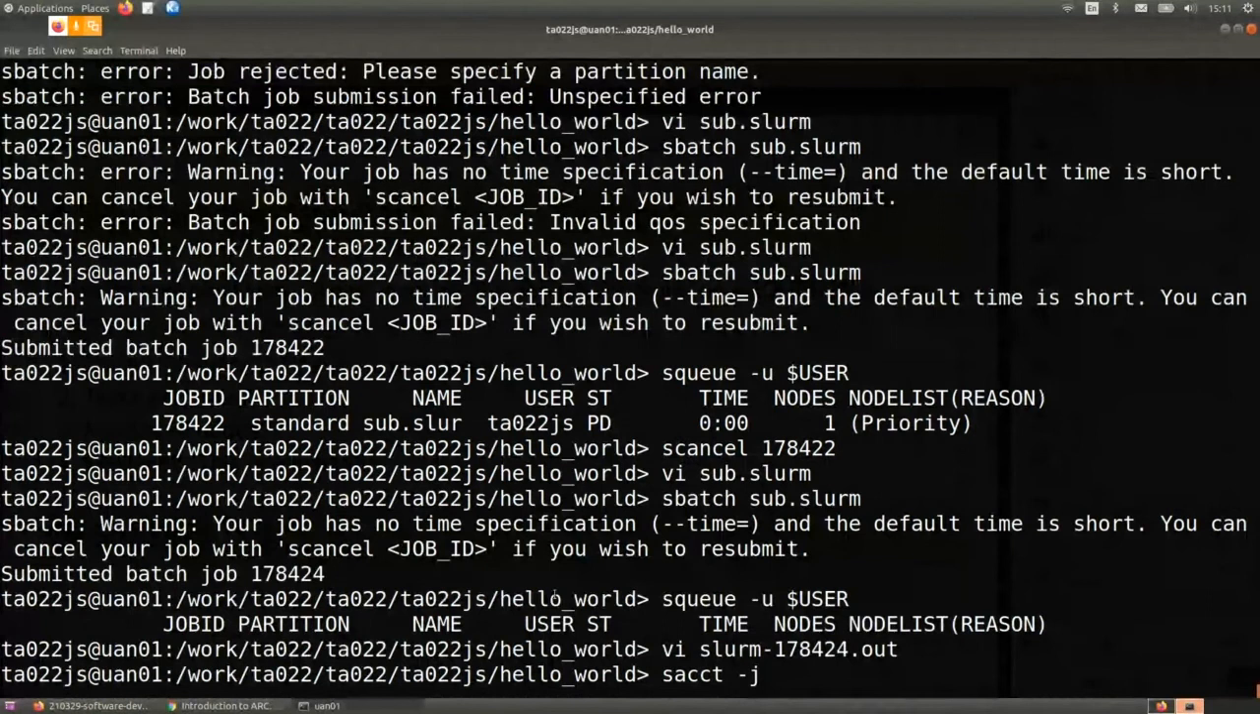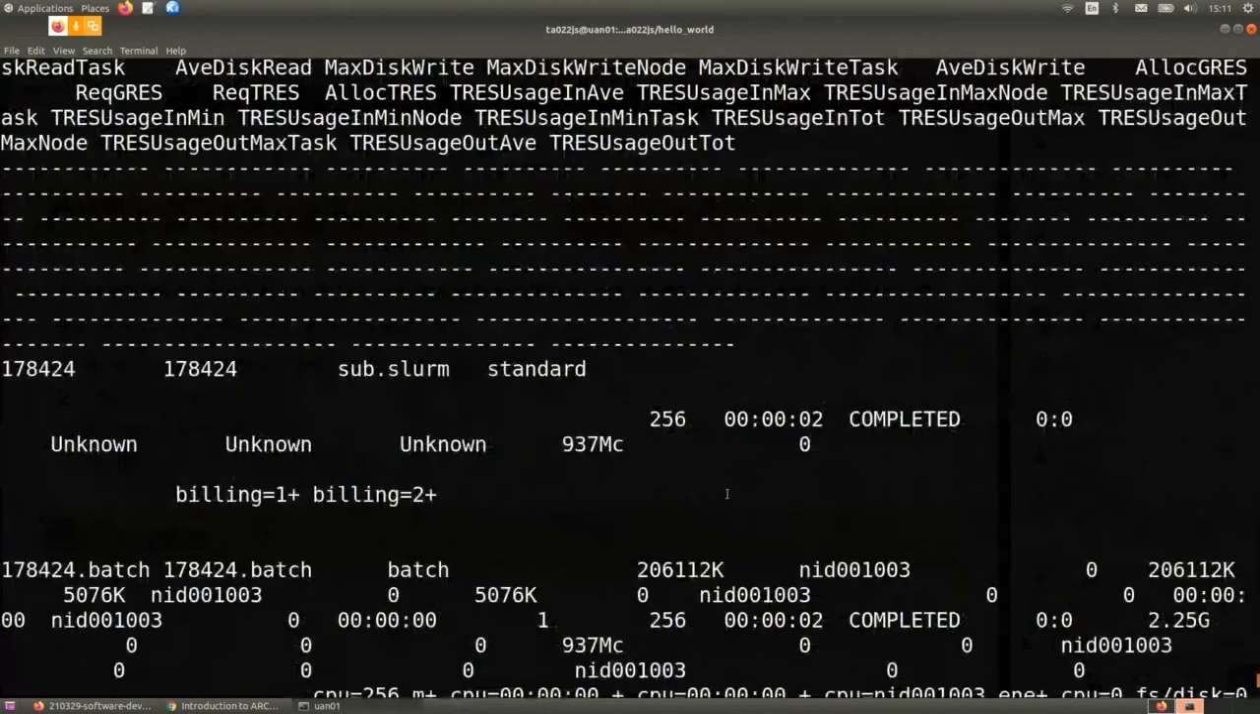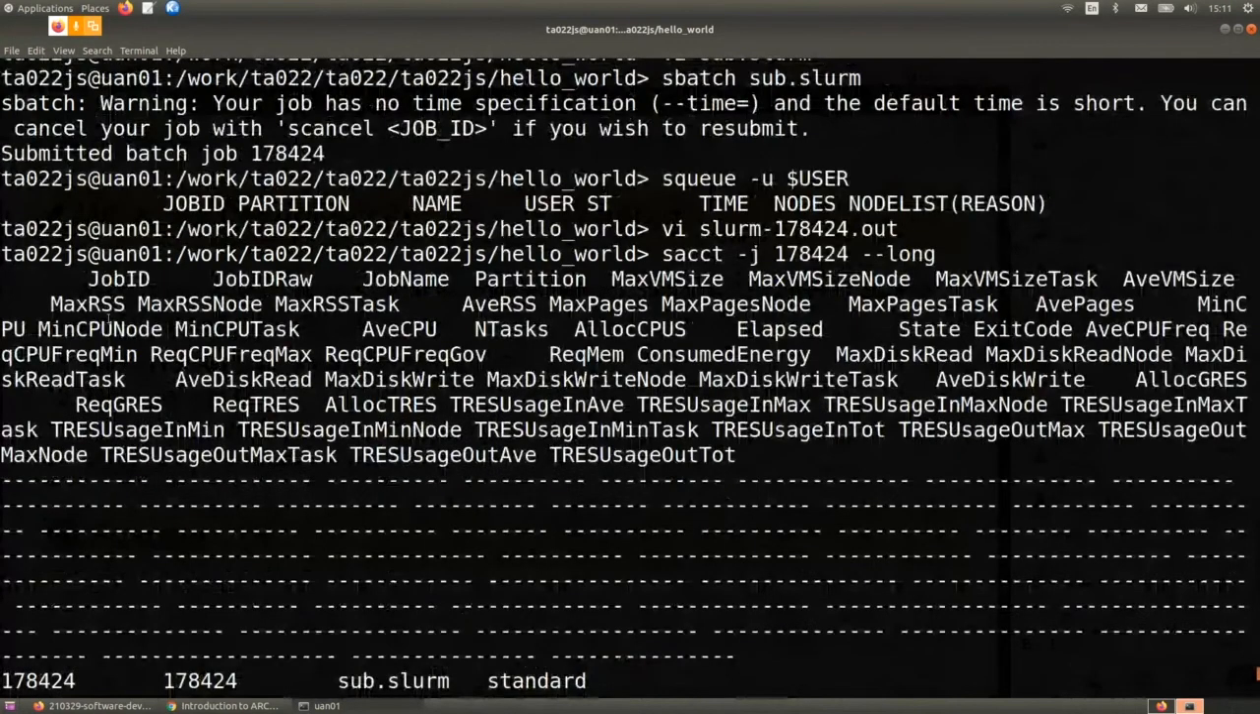What's it called? The Slurm account command, which will give you lots of information about a specific job. You can use Slurm account -j and then give the job ID. Then I'm going to use --long to get the full output, and then show you a way of getting a reduced output. That tells you loads of information, way more than you probably want to know,